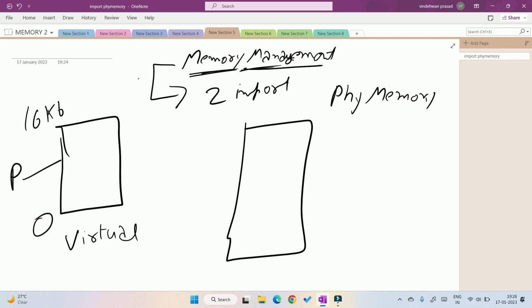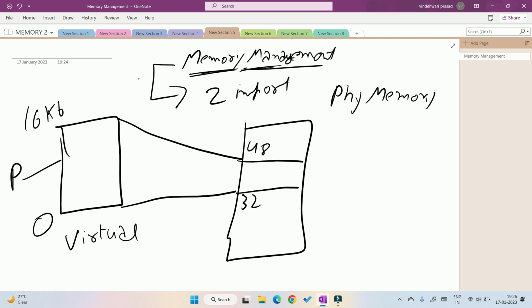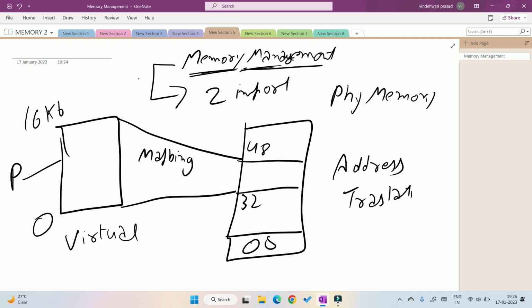This 16 KB is mapped to the physical memory like this, 32 to 48, and some space is also taken by the OS. This mapping of virtual memory to physical memory is called address translation. Because we cannot map directly to the physical memory. Why can't we? We learned about this in the previous video. To give abstraction, isolation or protection to each and every process, we have to do